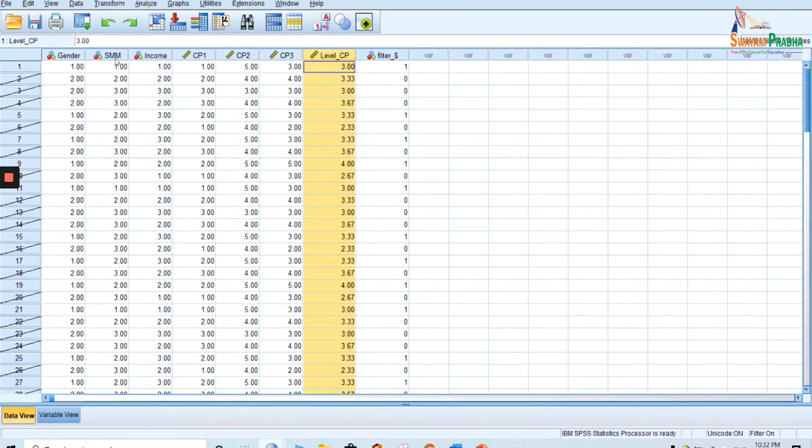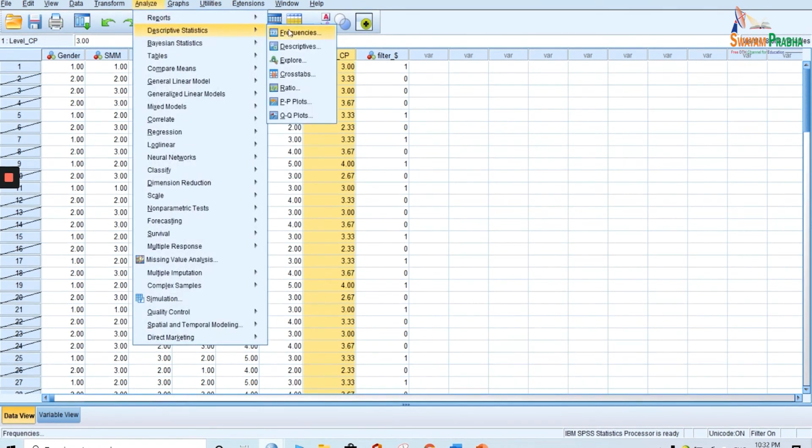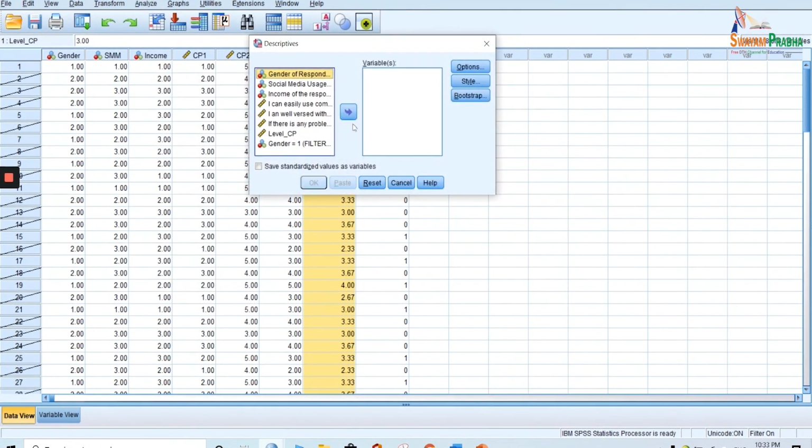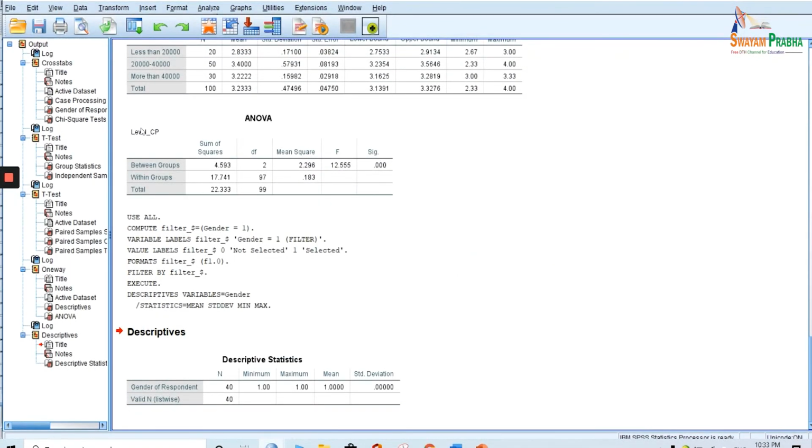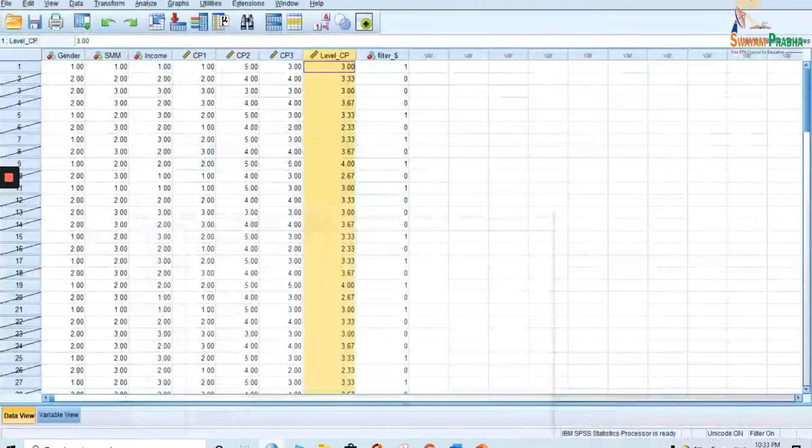For example, I want to see the average age of males. So I can calculate the descriptives here, put the age variable in, and press OK. Now you can see it is giving me the results of only the 40 respondents in our data. That is very useful.